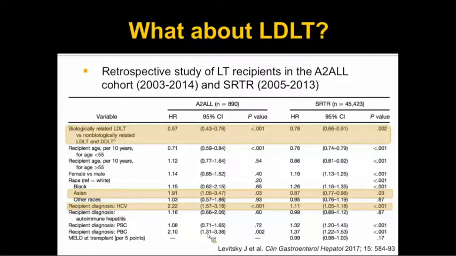And then hepatitis C actually appeared to increase risk of acute rejection in both parts of this study, and that's in contrast to some of the earlier cohort studies that I showed you, where in contrast to autoimmune hepatitis or PBC, the risk of rejection seemed to be lower in hepatitis C patients. So the reason I wanted to point out some of these differences is that I think this is very much